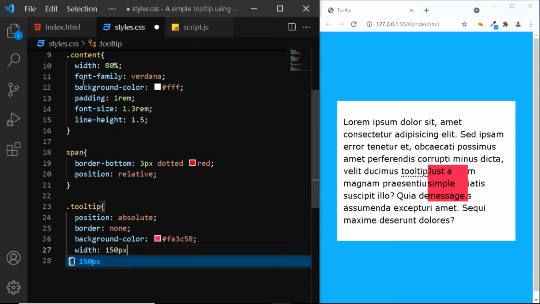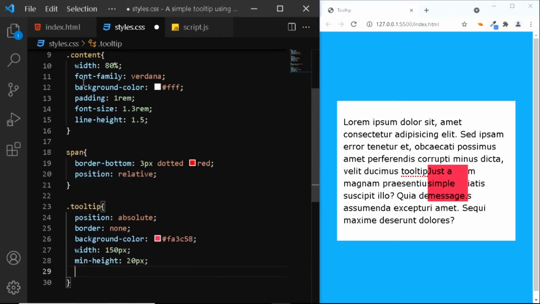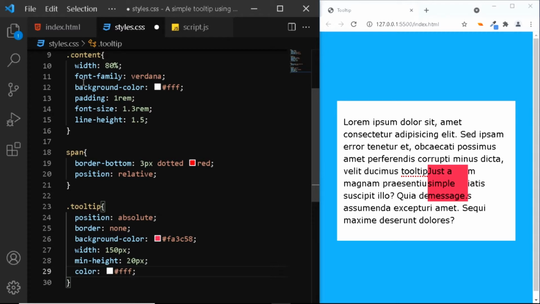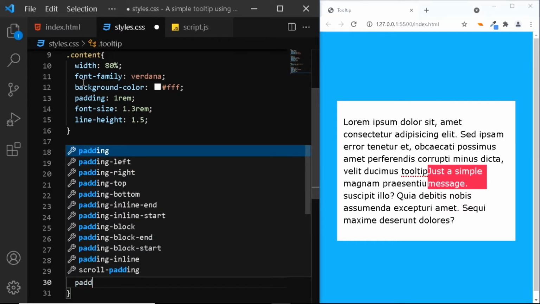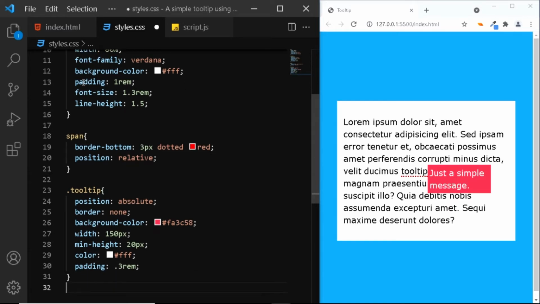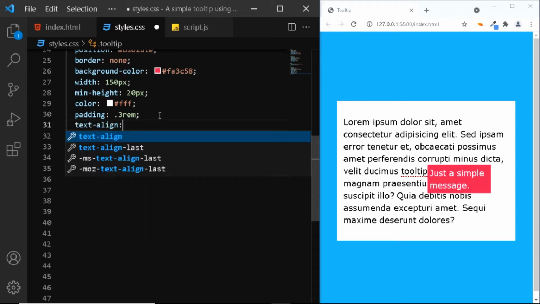Let's set the width to 150px. We'll give it a min-height of 20px. We'll set the color of the text to white. We'll give it an overall padding of 0.3rem. Let me make some space at the bottom. Let's align the text to the center.